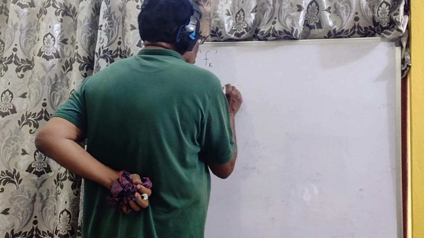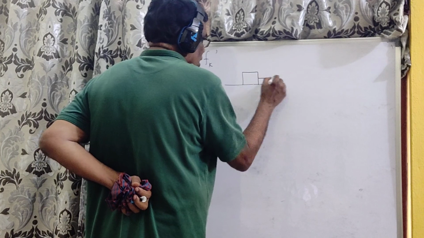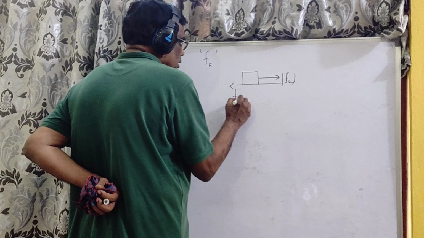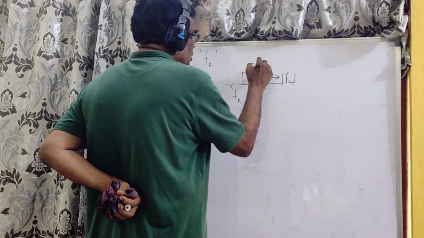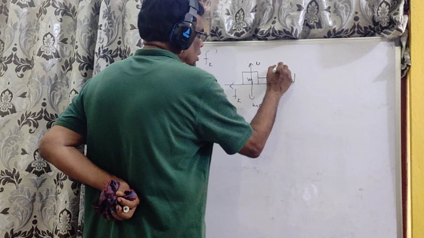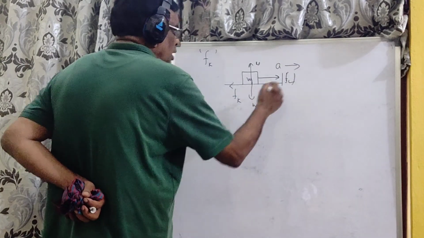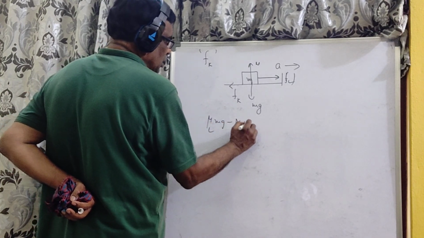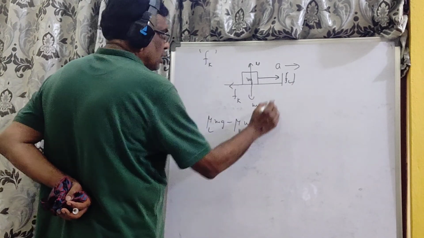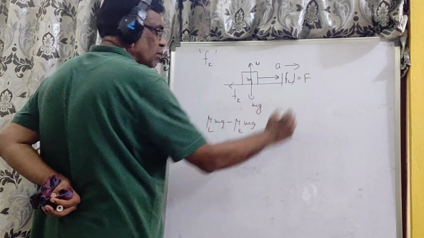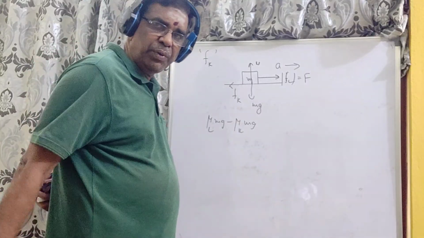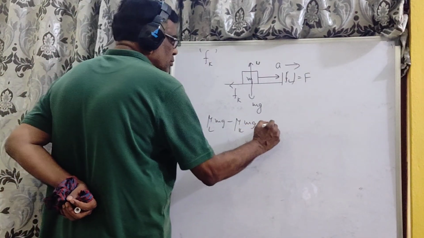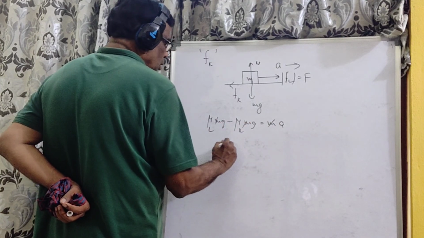But if I apply a force equal to Fl, then this is Fk, M, N, Mg, A, F. So you have mu L mg minus mu K mg, Fl minus Fk. Don't think that this is Fl. That is actually the applied force. Equivalent to the limiting friction I am applying, what will happen? So A is equal to